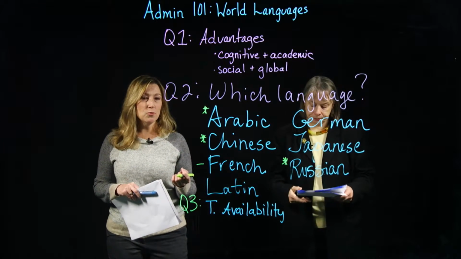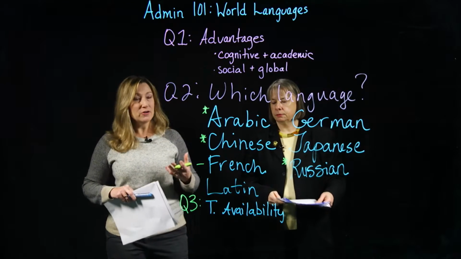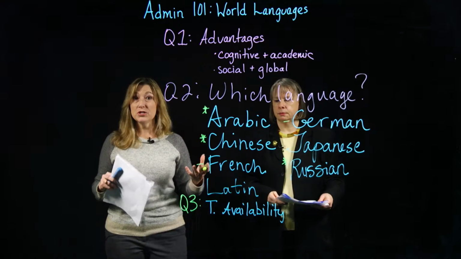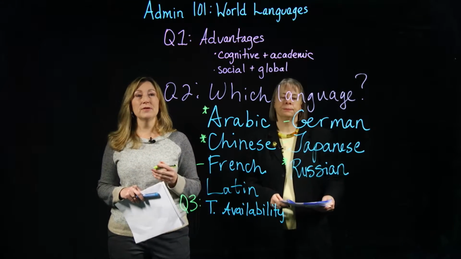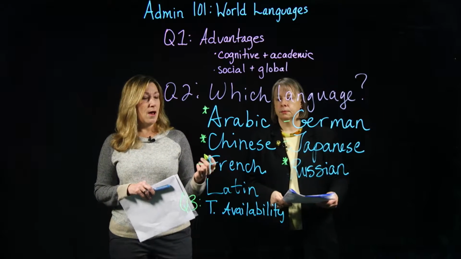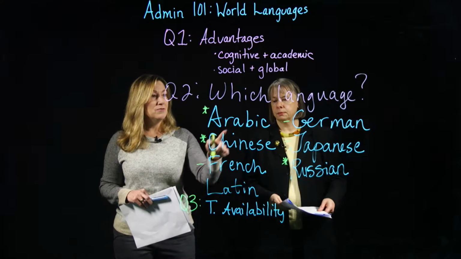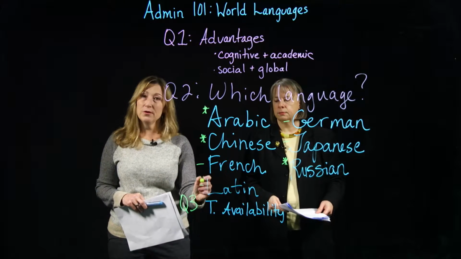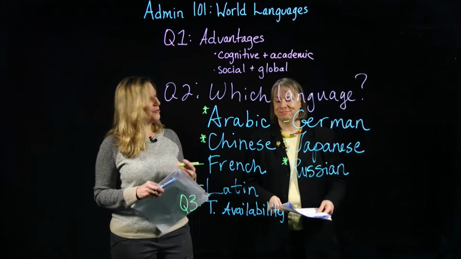And then when we get to the languages listed here, Jean Marie mentioned the themes a school might have. So if you're a STEM school, if you're an arts school, international school and so on, some of these languages might be very helpful. German is often a language that's great if you're going into engineering. Japanese, along with Chinese, if you're going to do something that's international and trading and so on, economics, that might be good. I know French is often used as an international business language. Latin gives you foundational understanding. I think that's one of the most powerful things Latin can give you, is it lets the kids understand more fully their own language and the roots that come from it.